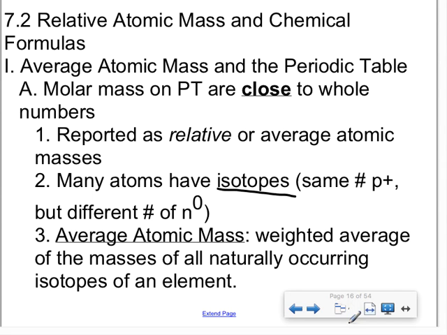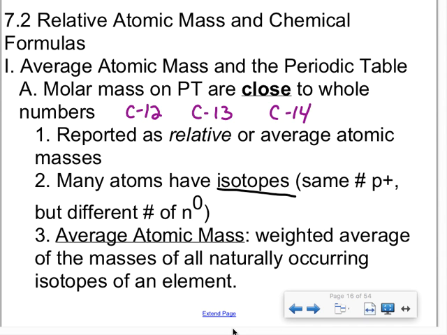Now, carbon has three forms. You can have carbon 12, carbon 13, and carbon 14. The only reason why I'm using my pen is I'm actually recording this lecture for Tate. So how many protons are in carbon 12? 6. How many protons are in carbon 13? 6. But then the number of neutrons change, 7 and 8. So if I were to find the mass number of these, these are the mass numbers. Notice that they're nice round numbers without any decimals.